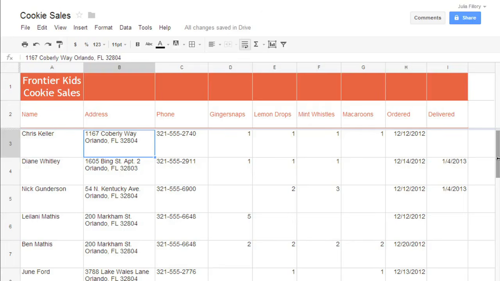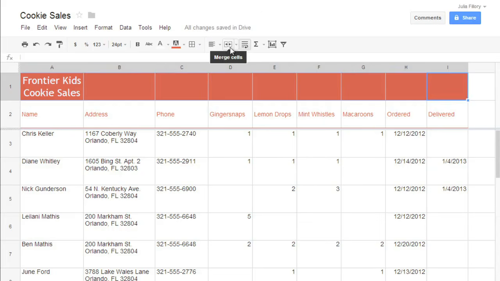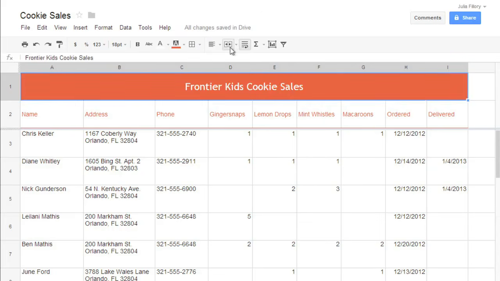Now for the finishing touch, combining the cells in the top row so the title of my spreadsheet can be centered in a single large cell. To do this, select the cells you want to merge, then click Merge Cells on the toolbar. There, that's perfect. The best way to learn about modifying cells, freezing rows and columns, and wrapping text is to